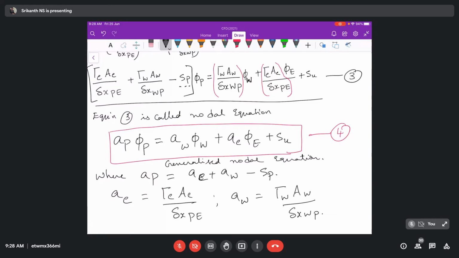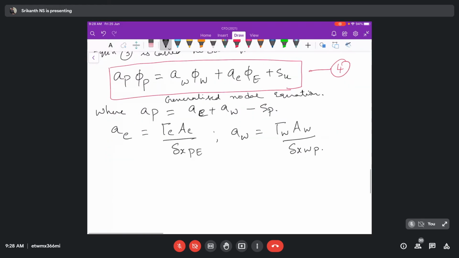Now I will tell you how we will be writing the equation. Suppose, see here, you have nodes like this, and you have a control volume like this. Every node has a control volume, correct? So let us try to take